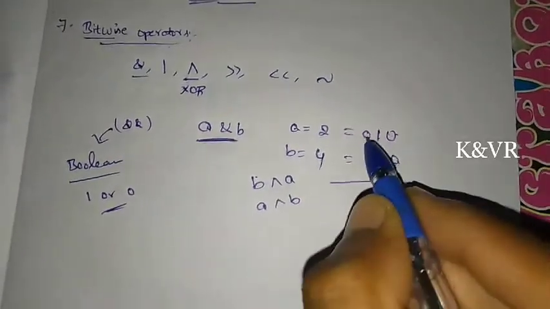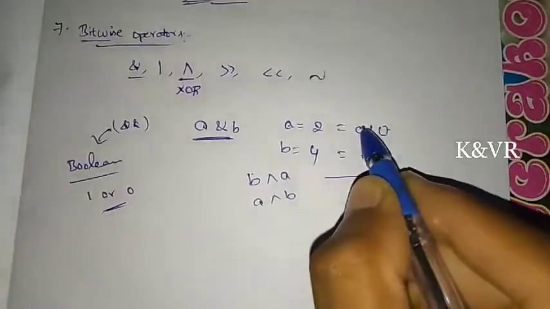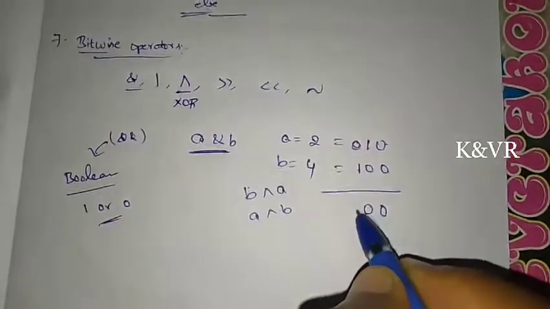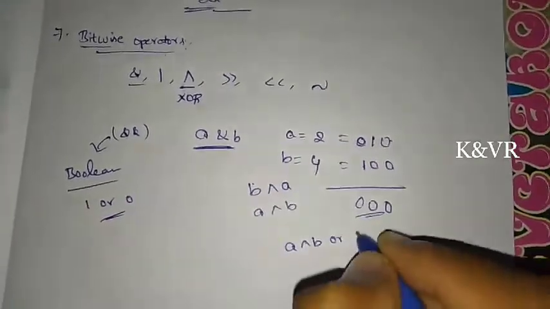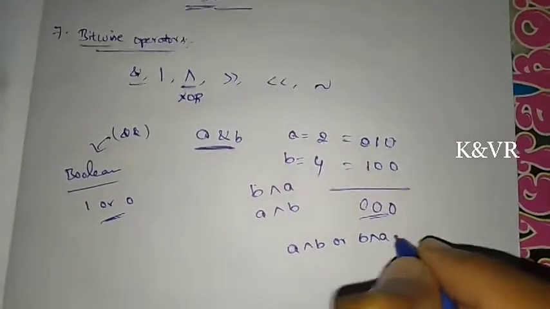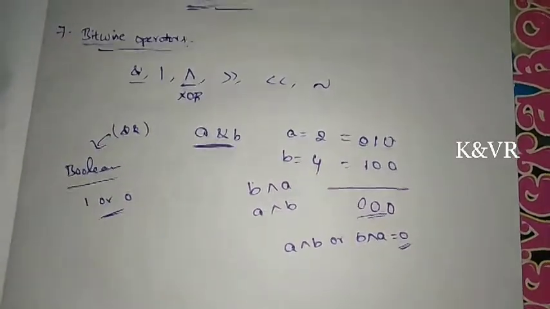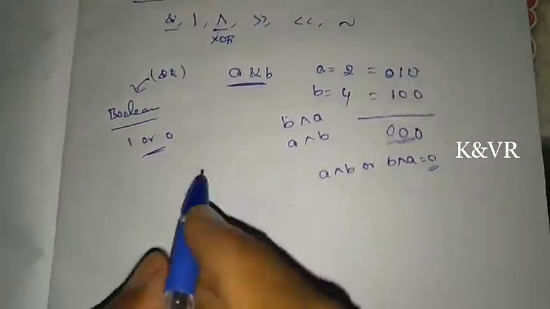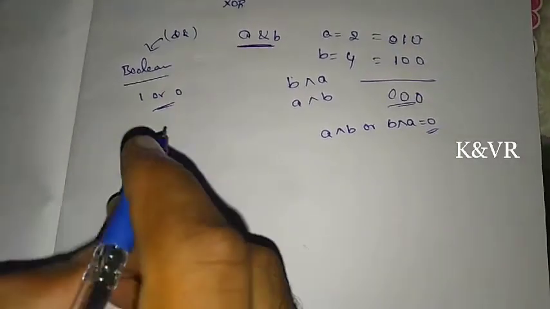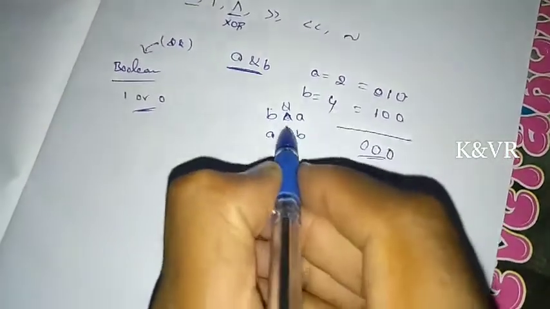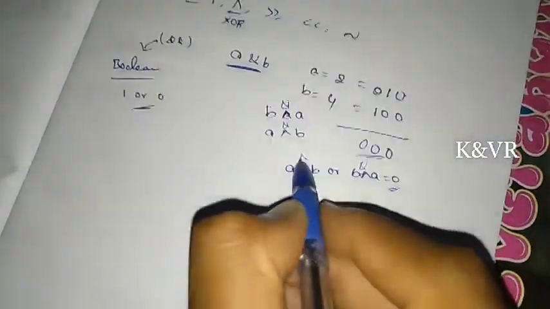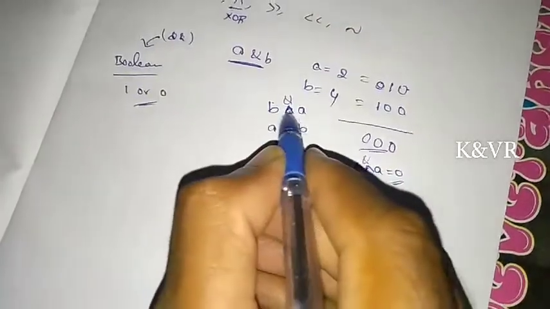And later if there is nothing here, it takes 0 by default, and 1 AND 0 is 0, and the result of A and B, or B and A, is 0. We get 0 as output. Okay, in the same way, and the other thing is, sorry, this is not AND, I had forgotten, this is the AND. And before I have used the XOR operator, right shift operator.